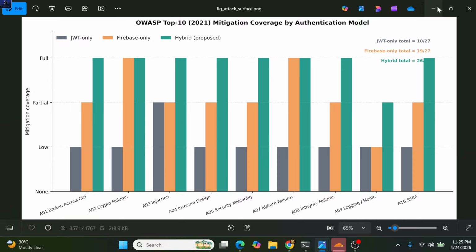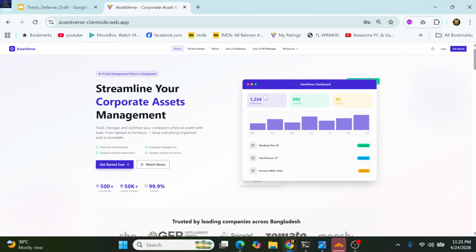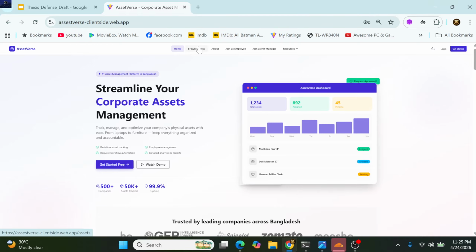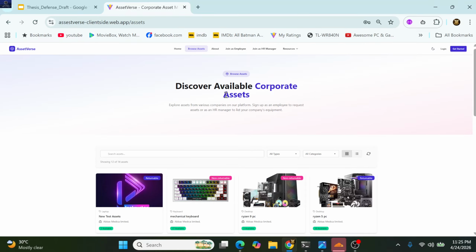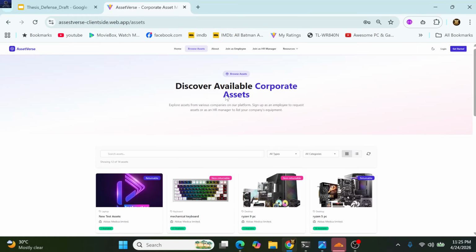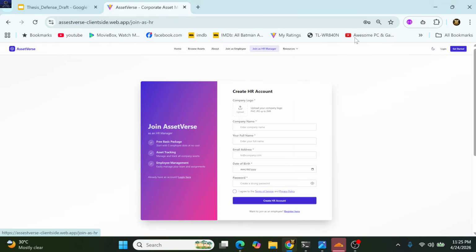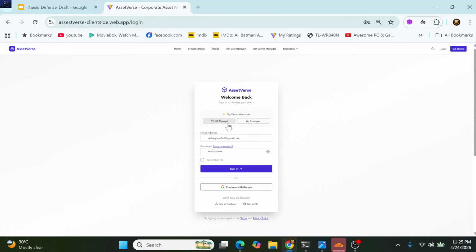Now I will switch on to the live demo. This is our landing page. This is a public route where the person trying to visit this website can see what type of assets they store. You can join in as an employee or you can join in as an HR. There is a toggle for day mode and night mode. If you log in as an HR manager,